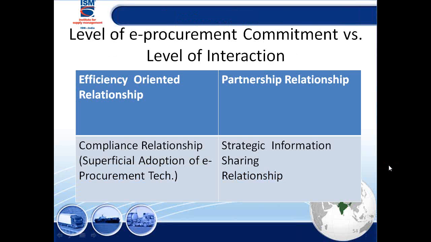Here it shows another aspect. Some organizations put the money around. Oh, it's year end, I got so many funds left over, let me put it in. But are they having a commitment to this? So the level of e-procurement commitment is on the y-axis and the level of interaction is on the x-axis. The level of interaction is with suppliers. I put up the e-procurement tool. If my interaction with suppliers is very little,